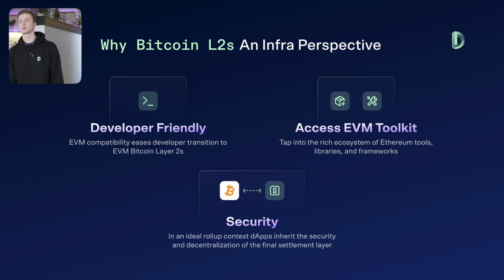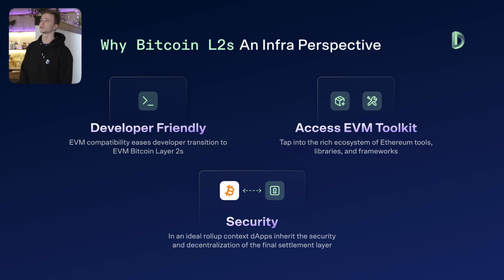DIA is of course an infrastructure provider as a cross-chain oracle. And this more so references the EVM side of BTC L2s and those which are EVM compatible. And so we of course know that the access to EVM tooling creates an entirely new... It basically lowers the floodgates. It lowers the barriers of entry for dApps and also infrastructure providers.